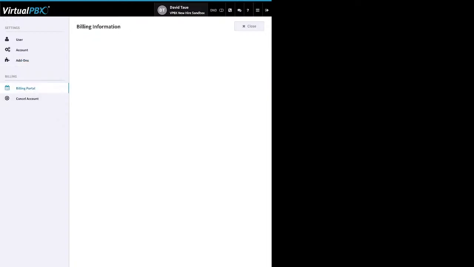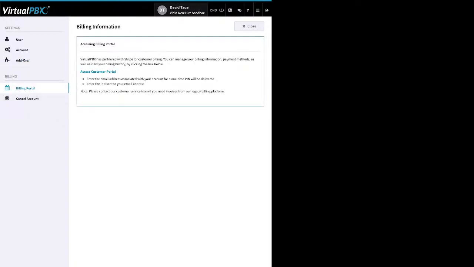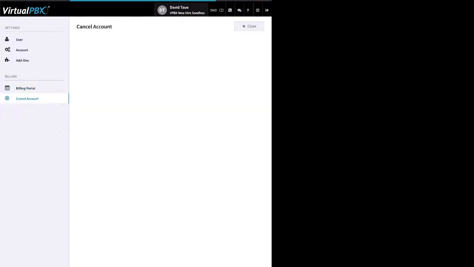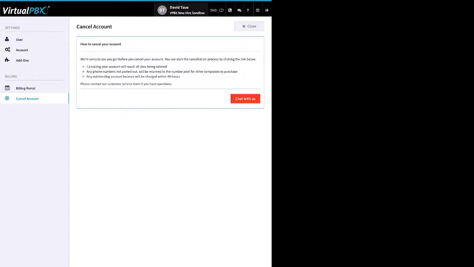Down here, we have your billing portal, and this link will take you to the actual billing portal. That's where you would see your invoices or update your credit card information. And then down here, we have, lastly, the cancel account. So any system admin can cancel the account. So you want to make sure people you trust are here, and that won't cancel your account unless you want them to. But basically, you would click on